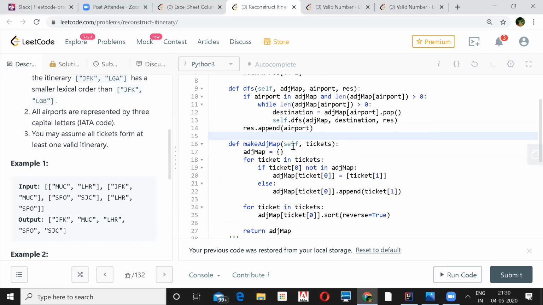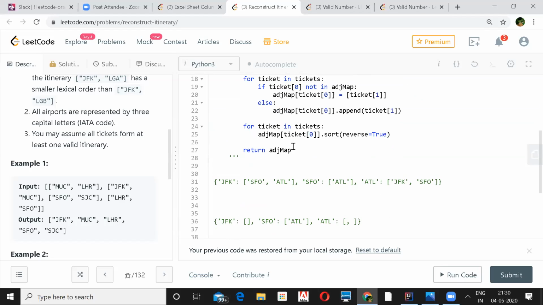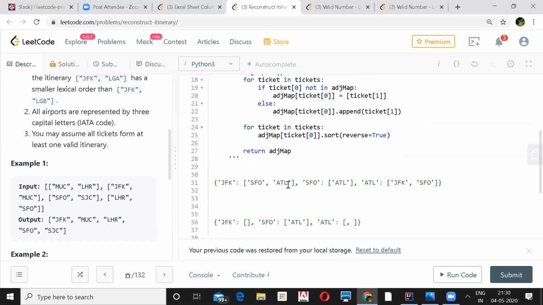No, but they have already told you you'll start from JFK, right? No. Let's say after JFK you pick SFO, for some reason. Okay. And then after SFO... I've sorted it. So I'll always pick it from the... No, but there's a possibility that SFO is the right path and ATL is not. So, for example, in this particular case, the ATL thing, remove the SFO. That way you have to go via SFO, not via ATL. So you have to backtrack. Yeah. Right? That is what DFS is doing.